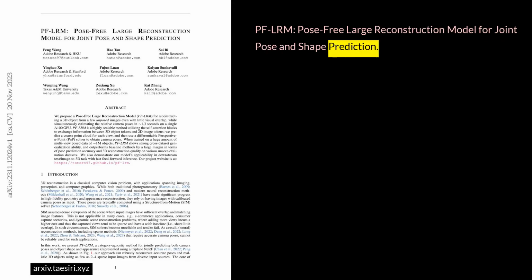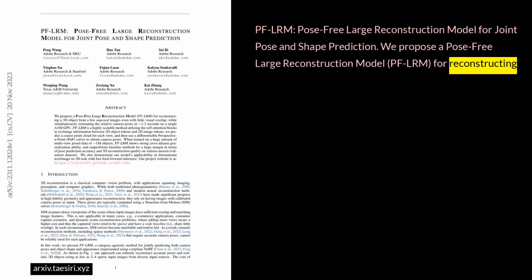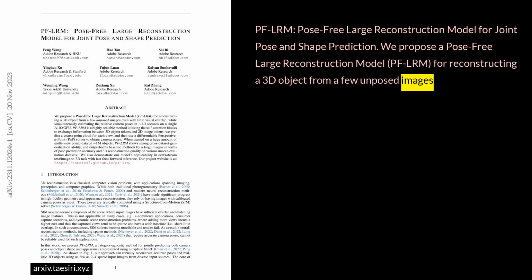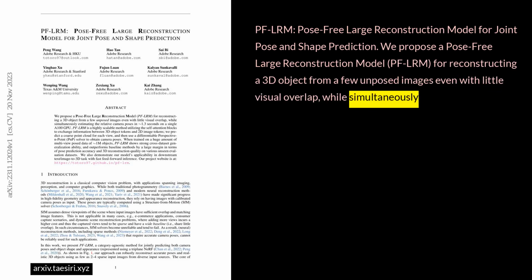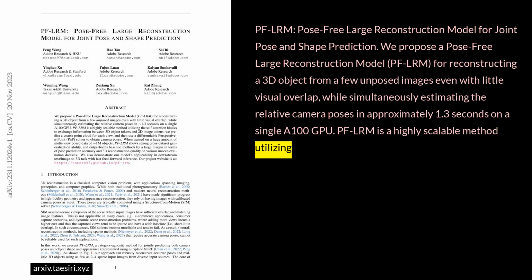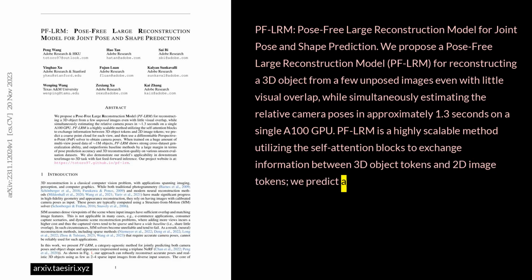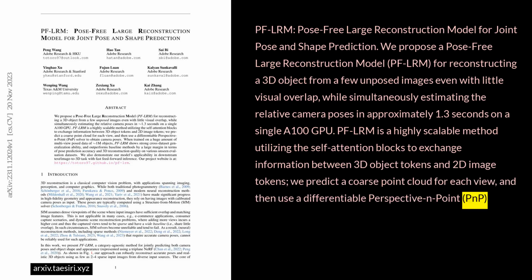PF-LRM, pose-free large reconstruction model for joint pose and shape prediction. We propose a pose-free large reconstruction model, PF-LRM, for reconstructing a 3D object from a few unposed images, even with little visual overlap, while simultaneously estimating the relative camera poses in approximately 1.3 seconds on a single A100 GPU. PF-LRM is a highly scalable method utilizing self-attention blocks to exchange information between 3D object tokens and 2D image tokens. We predict a coarse point cloud for each view and then use a differentiable perspective-n-point (PnP) solver to